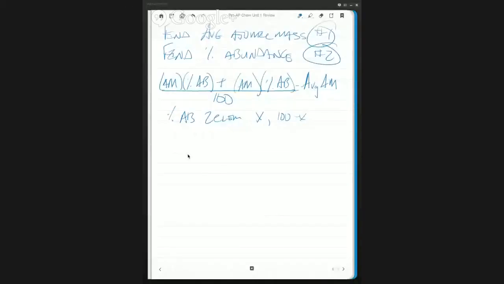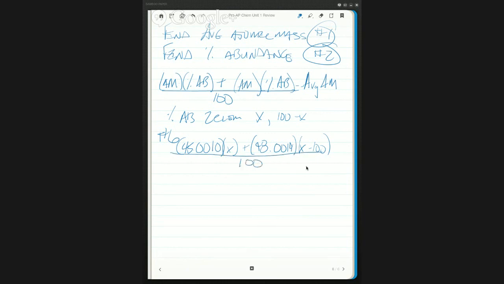Let me share that. I'm not going to go through the whole solution, but I'll show you the setup. So number 6 would be 45.0010 times X, okay? And it wanted to know the lighter isotope, so that's easy. X is the lighter isotope, plus 48.0014 times (100 minus X), all divided by 100,